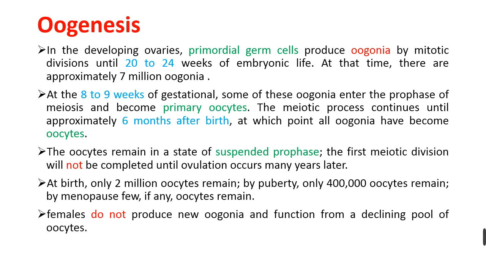At that time, there are approximately 7 million oogonia present in the ovaries. At 8 to 9 weeks of gestational period,